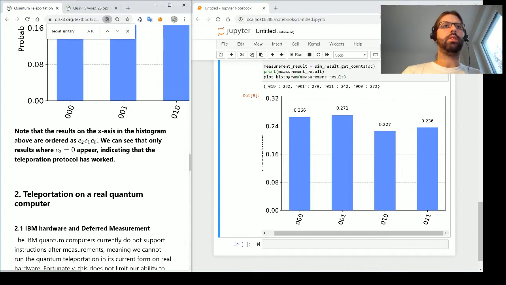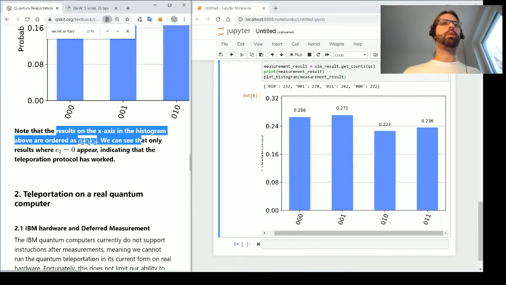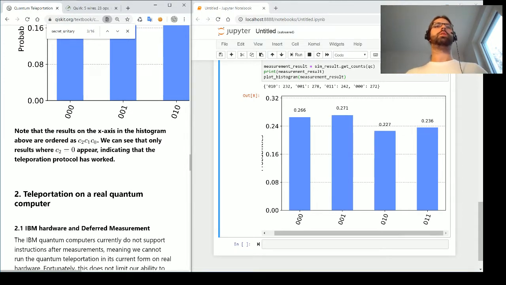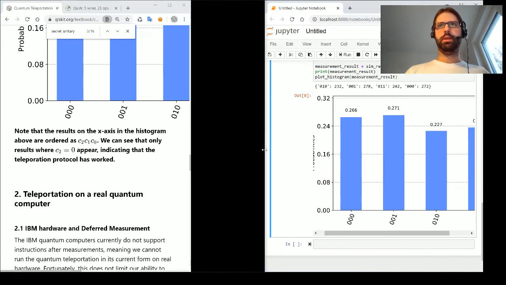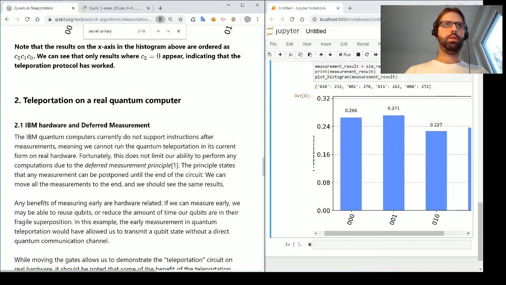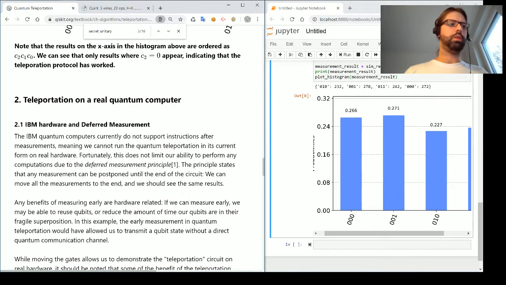Note that the results on the x-axis in the histogram above are ordered C2, C1, C0. Okay, yeah. So we can see that only results where C2 equals 0 appear, indicating that the teleportation protocol has worked. And that's it. Teleportation on a real quantum computer. So